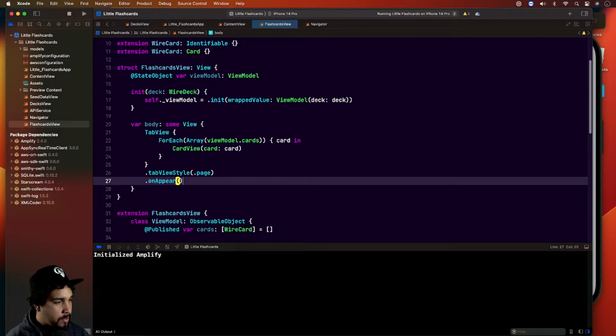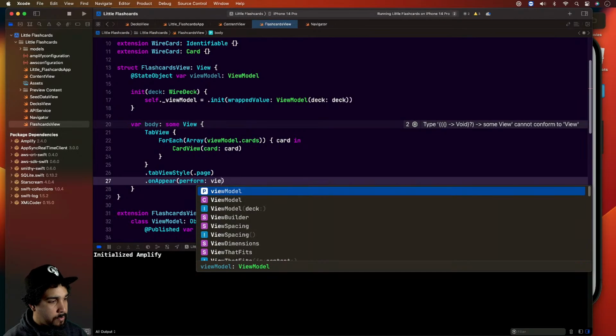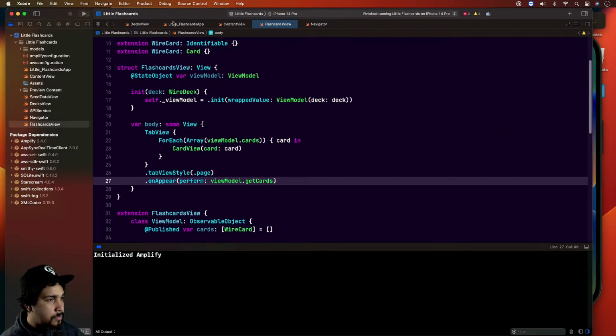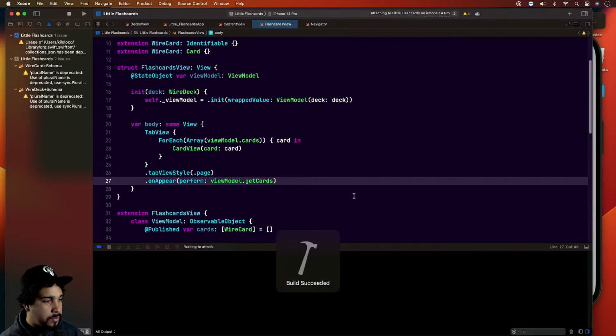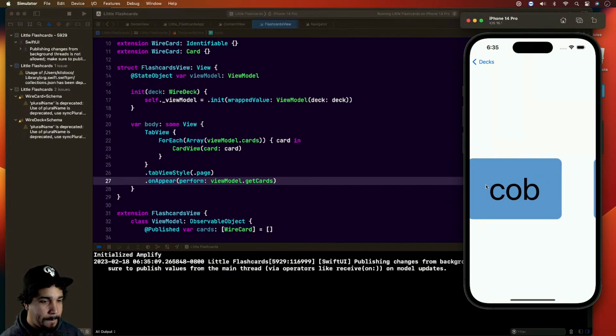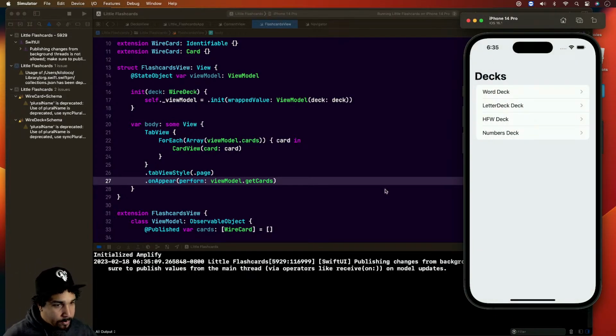On up here. I don't know if I could get away with the perform. Model dot get cards. Let's see. There we go. Bam. Look at that. All right. So now